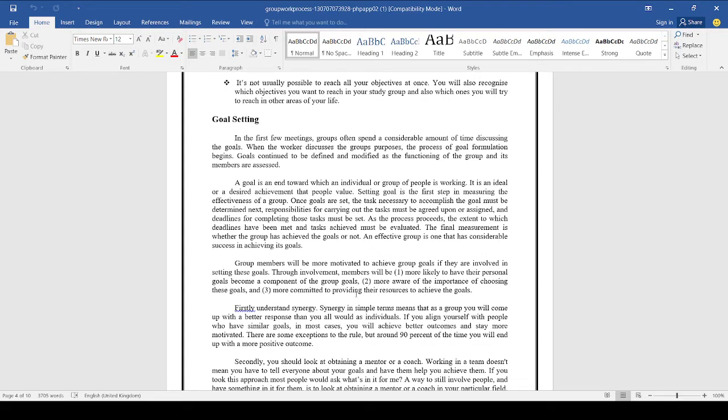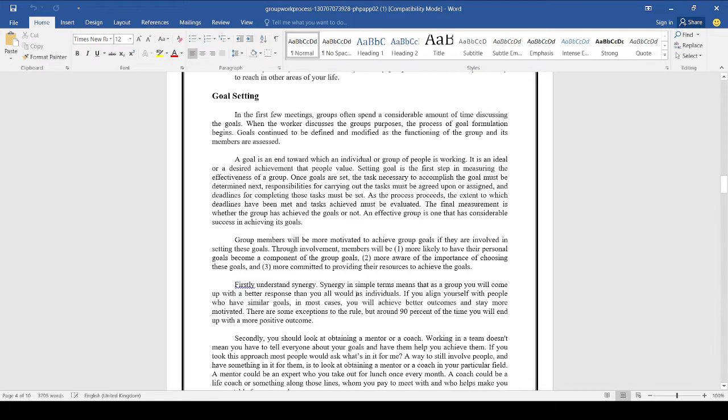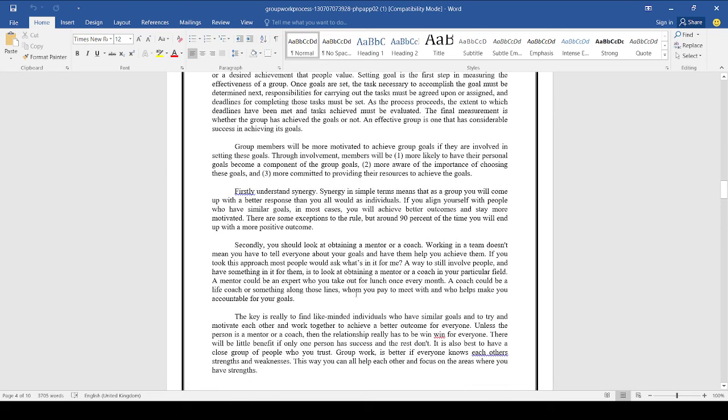They have similar goals, so synergy is a very important thing. So in goal setting we should have some synergy, especially between the group members and the group worker, the agency. So here the group worker is acting as a mentor. Everyone is working to achieve their goal, and if we took this approach, most people